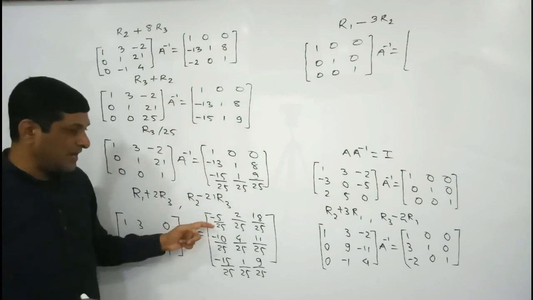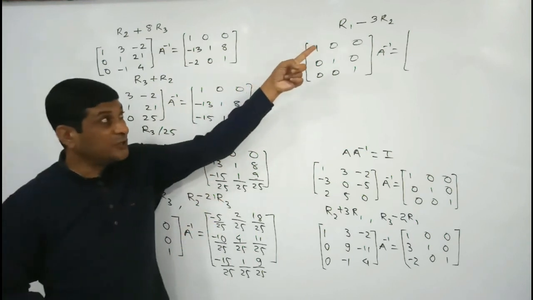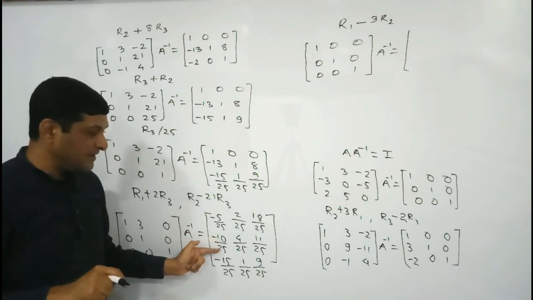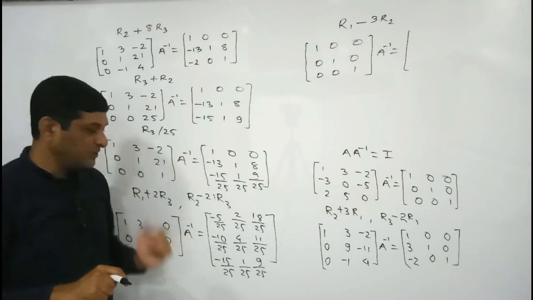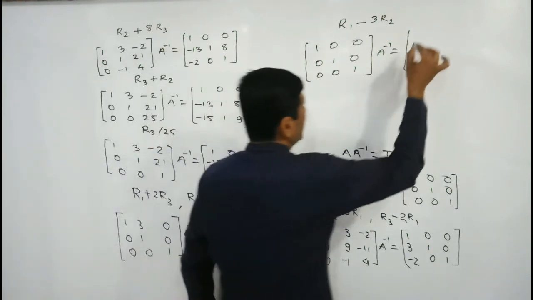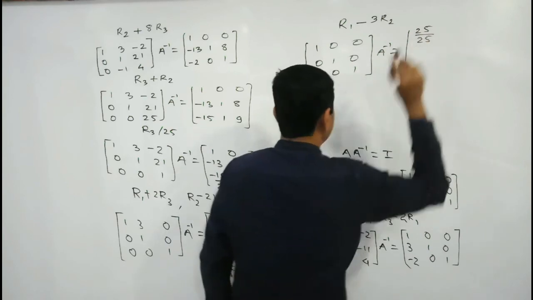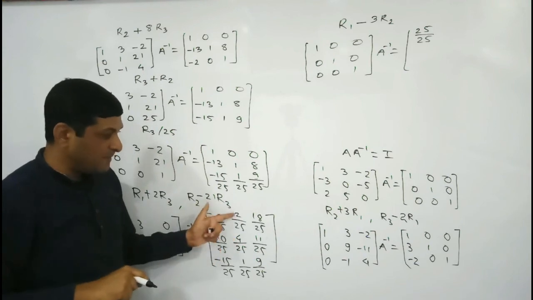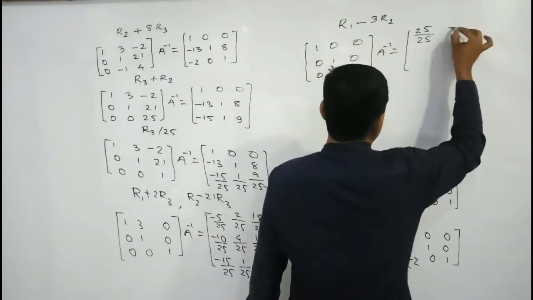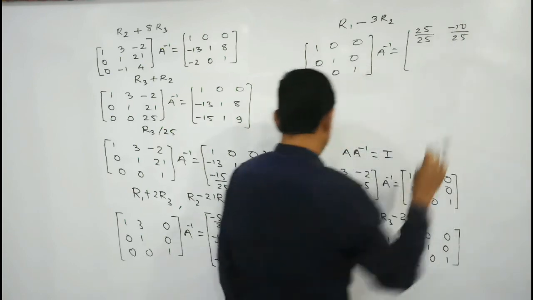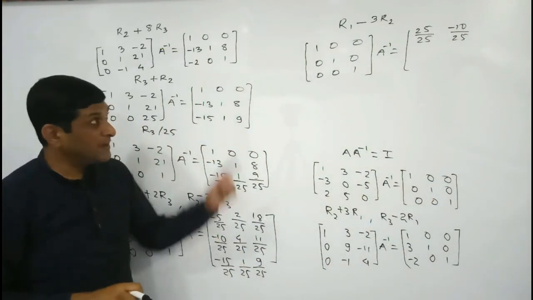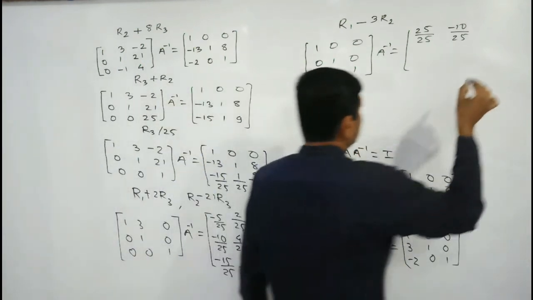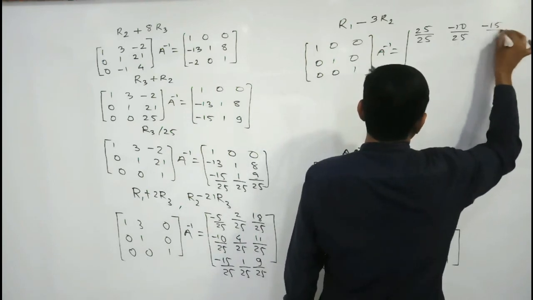So our operation is on R1. We are multiplying R2 by minus 3. Multiply by minus 3, what will we get here? 30 upon 25. So the denominators are the same, so take the addition of numerators. 30 minus 5 will be equal to 25. So 25 upon 25. Multiply here by minus 3, what will we get? Minus 12. Minus 12 plus 2 will be equal to minus 10. Minus 10 upon 25. Isn't it? Lastly, multiply here by minus 3. So we will get minus 33. Minus 33 plus 18 will become minus 15 upon 25.